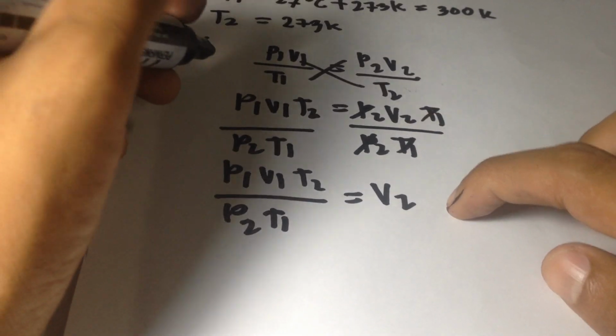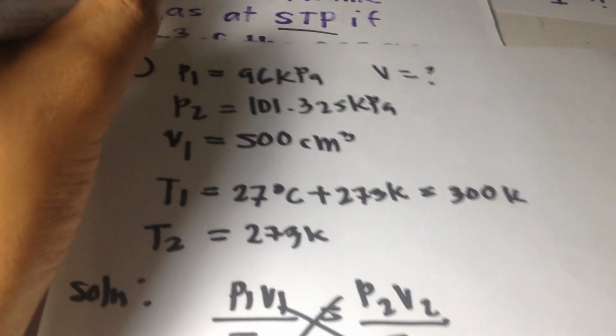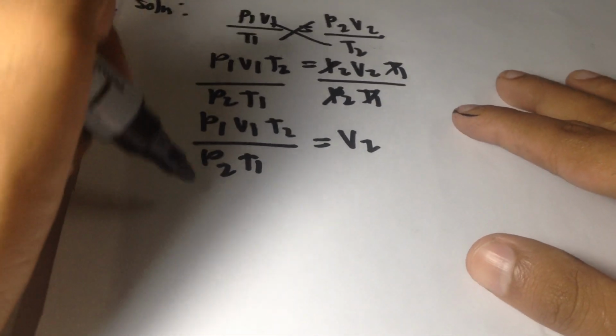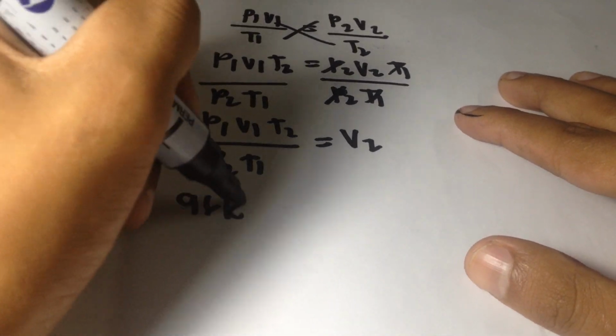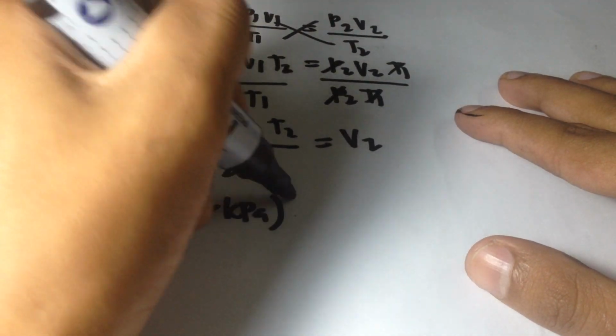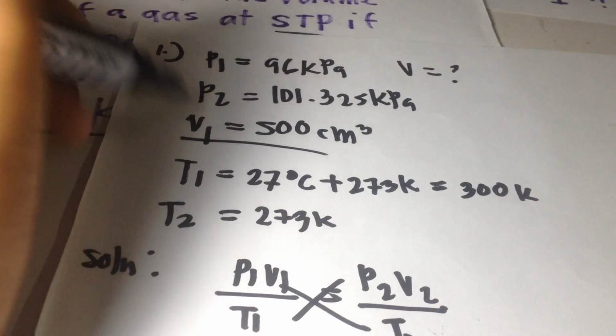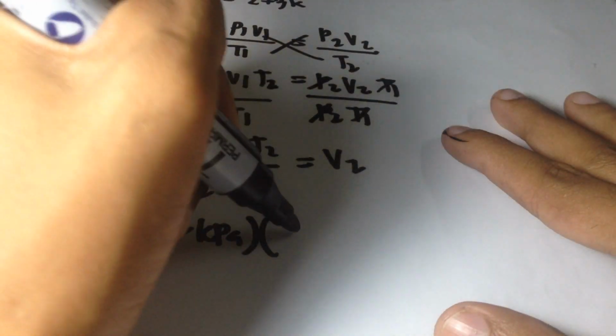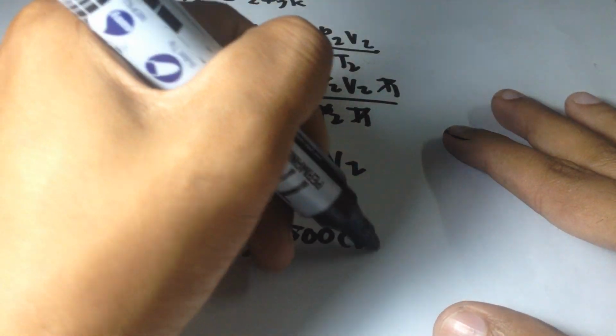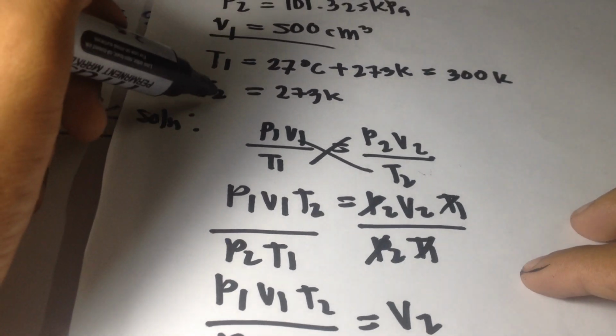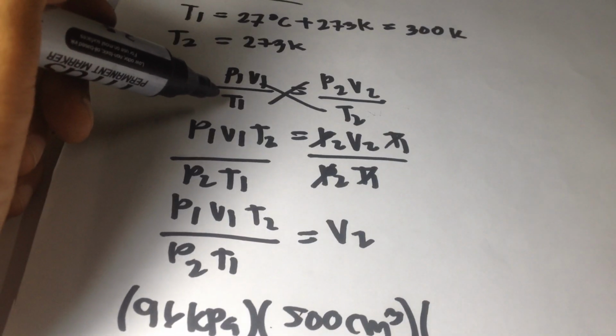Here, bring down. In pressure 1, we have 96 kilopascal times the volume 1, which is 500 cubic centimeter, times the temperature 2, which is 273 Kelvin,